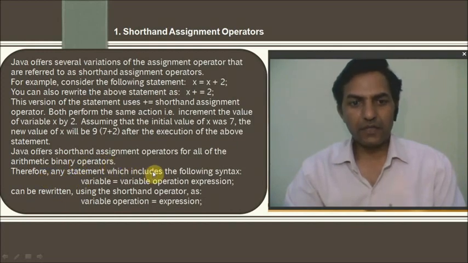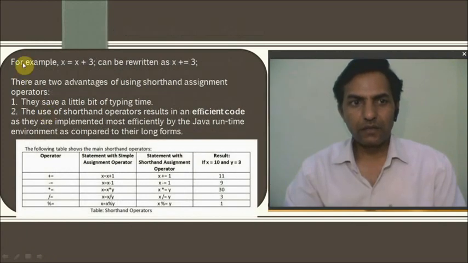Therefore, any statement of the syntax variable = variable operation expression can be rewritten using the shorthand operator as variable operation= expression. Now let us take another example. x = x + 3 can be written as x += 3.